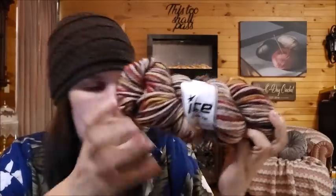We got the mustard yellow, the brick red, the avocado green. We even got some purple in there, dark purple. Ooh, a little bit of everything up in there. That's color-wise. Ah, that's beautiful. All right. What's the yards on one of these? This is 120 meters. I'd like to make a hat, but I know I'll need more than one. Maybe not. I could maybe just make a plain old...